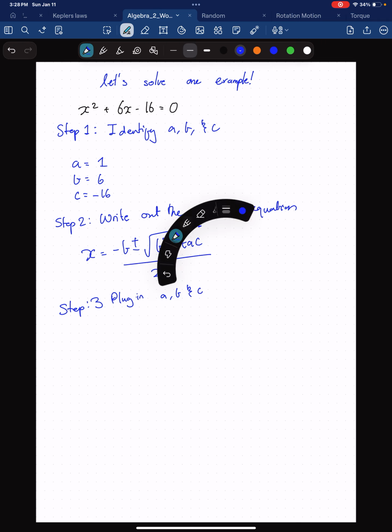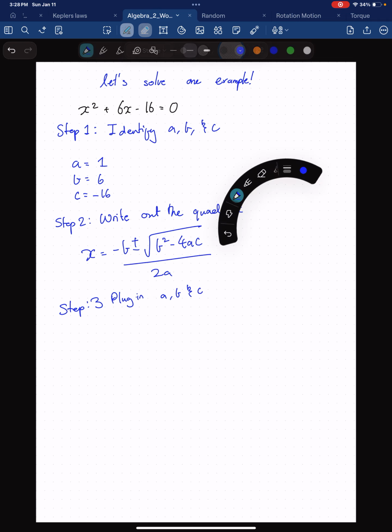Rather, let me call this the formula. Now step 3 is going to plug in A, B, and C into the formula. All right, x is going to be equal to minus,